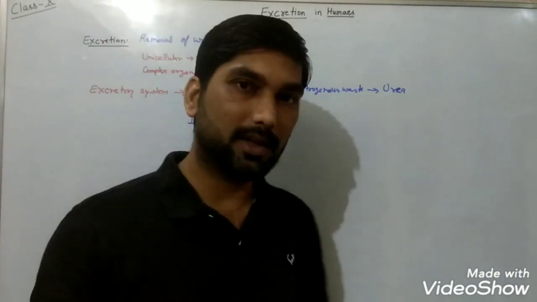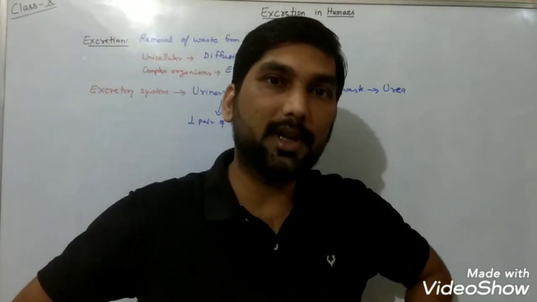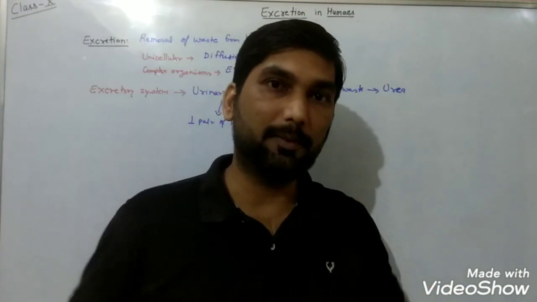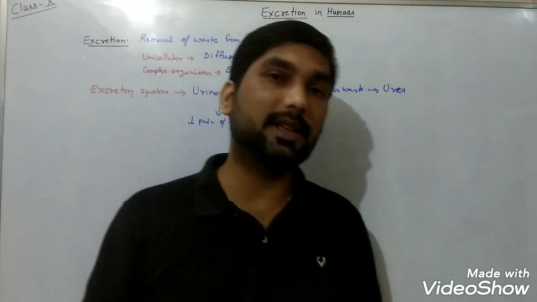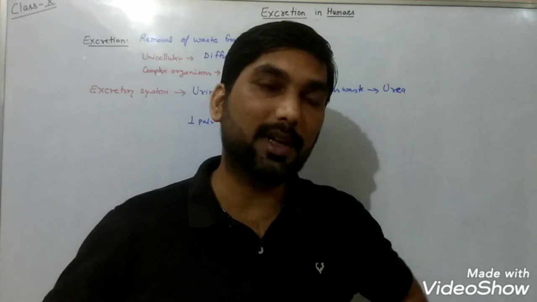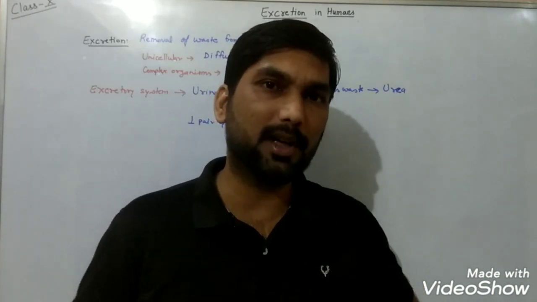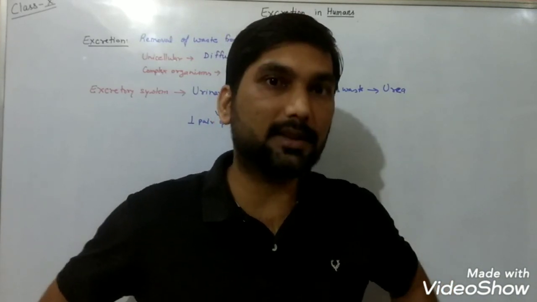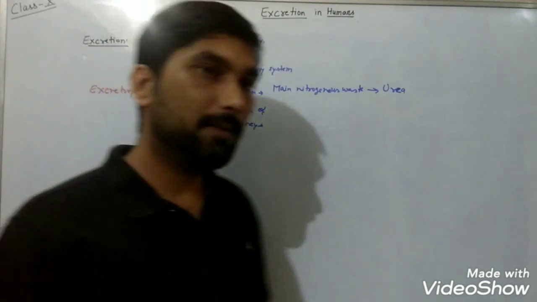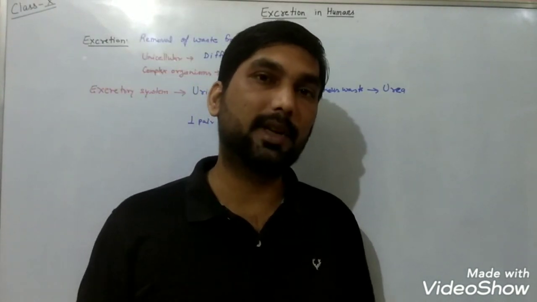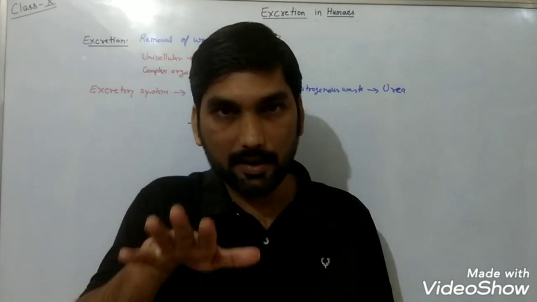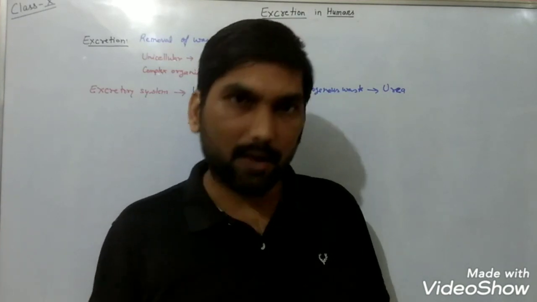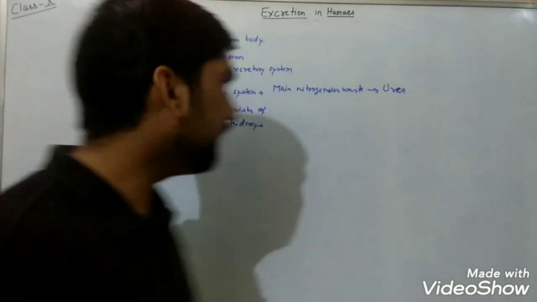So all the human beings possess two kidneys in their abdominal cavity below the thoracic region. The two kidneys are bean shaped, and these kidneys are present in the abdominal region. And these kidneys are not present from the front side, they are located from the back side, both the kidneys. And the right kidney is slightly downside because of the presence of liver there. So right kidney will be slightly downside in comparison to the left kidney.